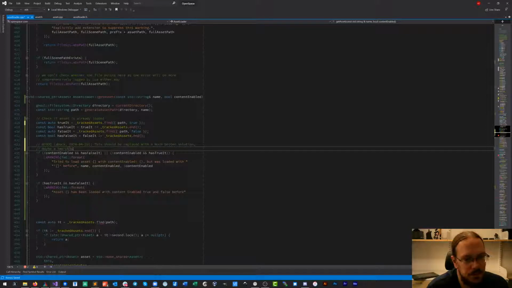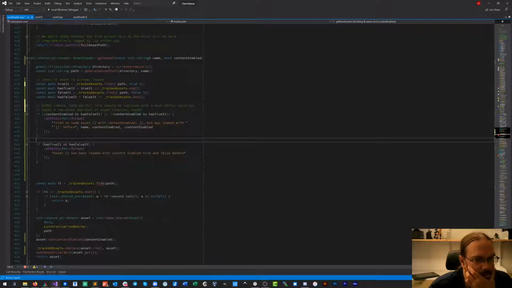Maybe a two-phase approach of asset creation, maybe. So then we don't need to warn about it, but we can actually deal with that as well.